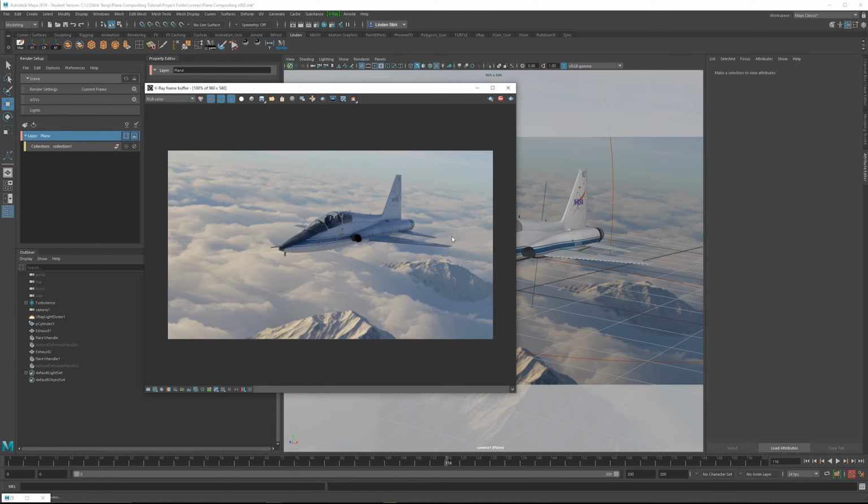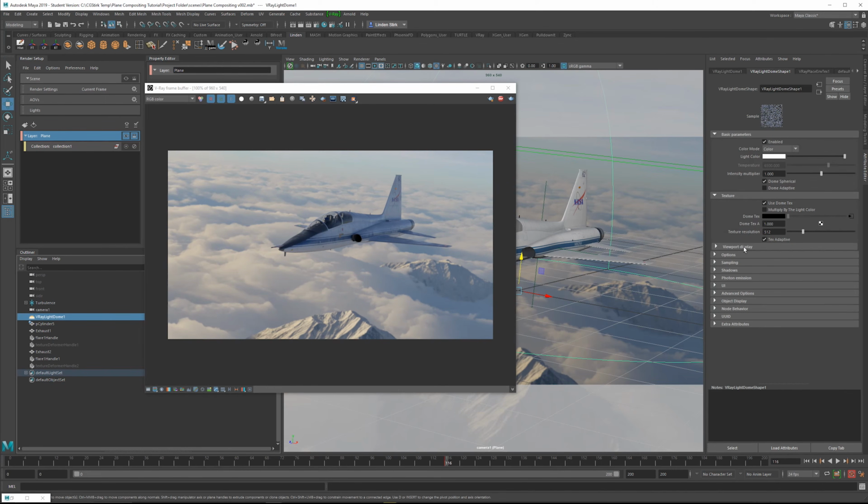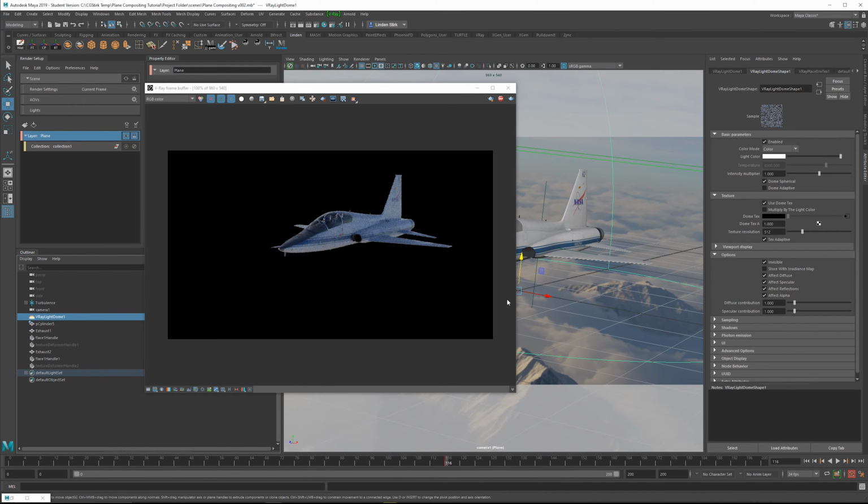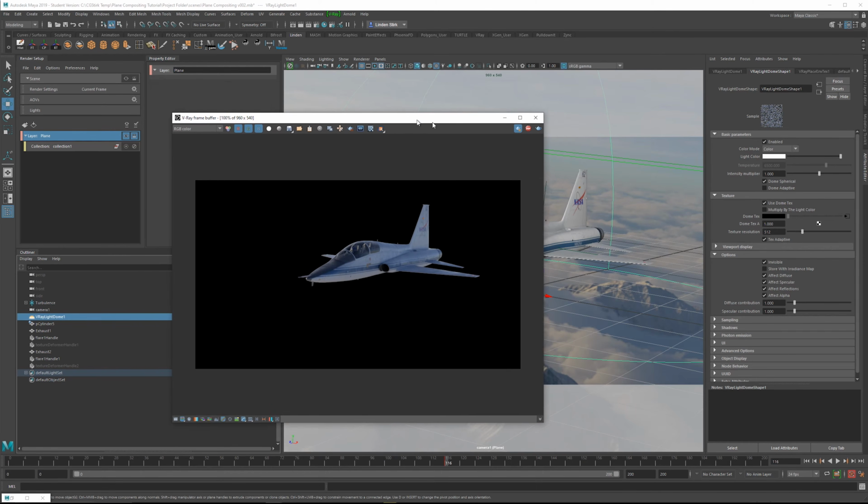So we need to go and disable the background from rendering. Let's go into our V-Ray dome light, go into options, and make sure you click invisible. So now you can see the background's gone, and if we look at the alpha, it's only occupied over the plane. Okay, so I'm going to pause the IPR, and now we're going to go ahead and add a render